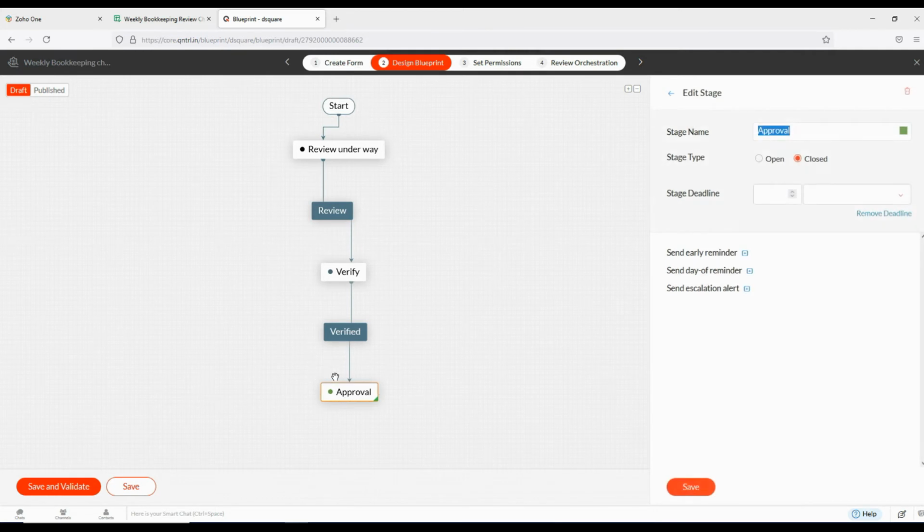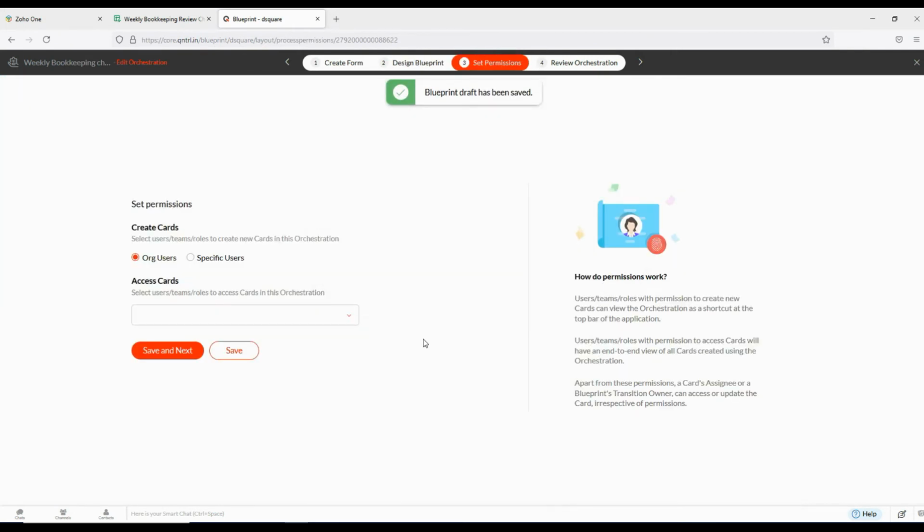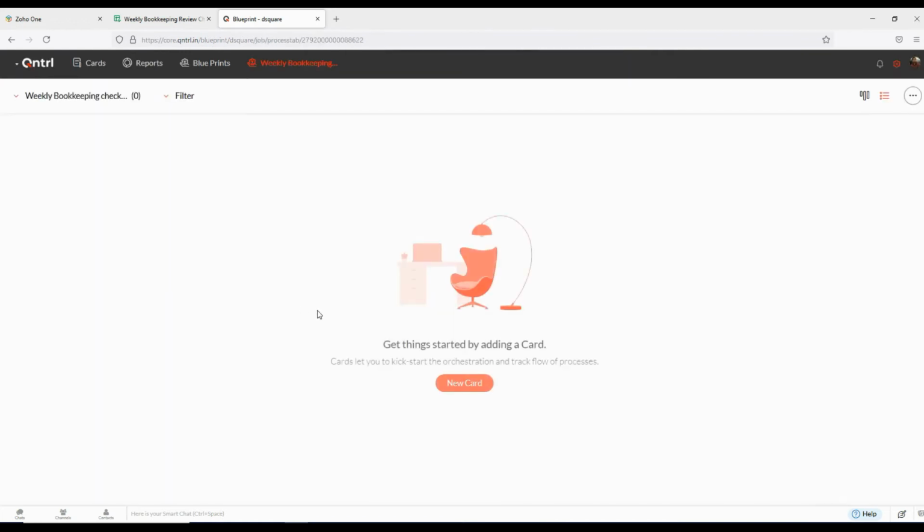So finally, the verification is done, the approval is done, they're going to close this ticket. So let's see if we got everything right. So let's just save and validate. So we got it right. So we're going to move on, and we're going to save it. So when we are going to make it available for the complete organization, save and next. And then we're going to publish this